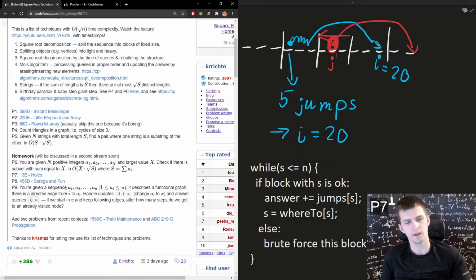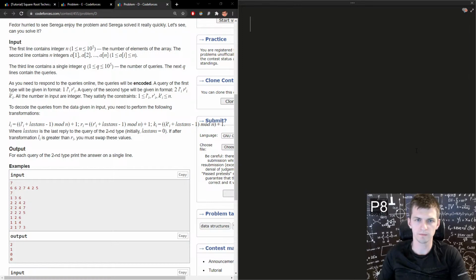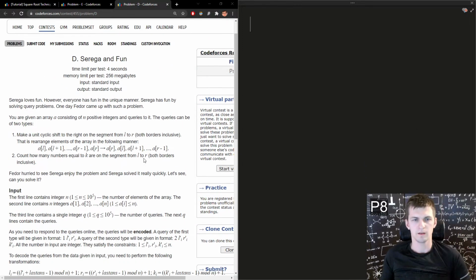Moving on. We discussed P7. Time for P8. P8, Sequence and Shifts. The update is that there is a sequence, and the update is that one element is shifted